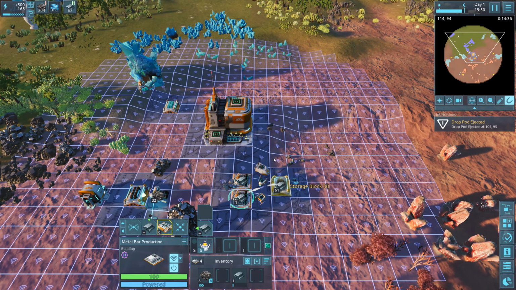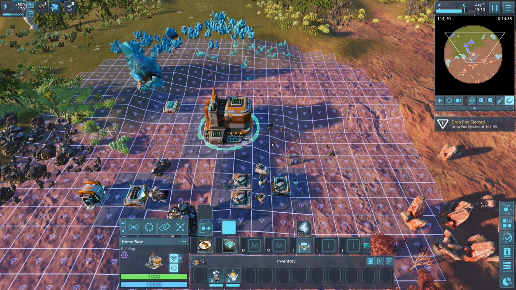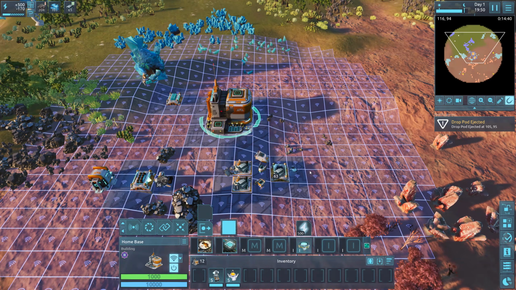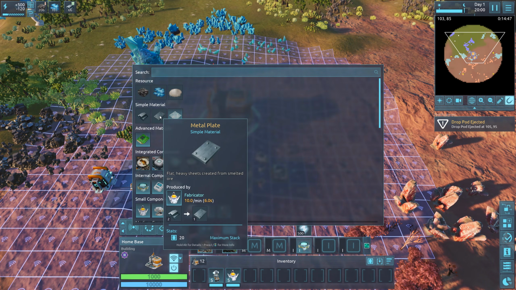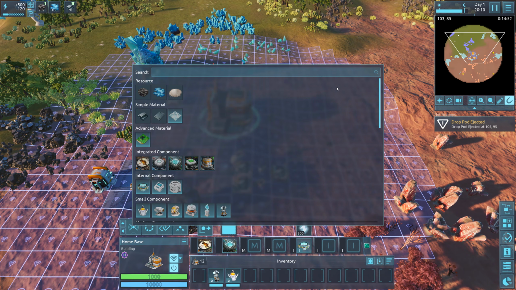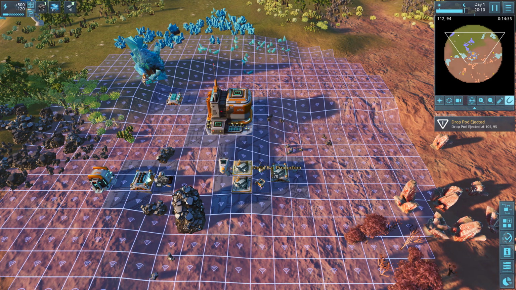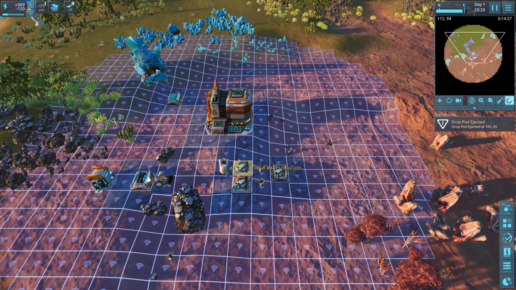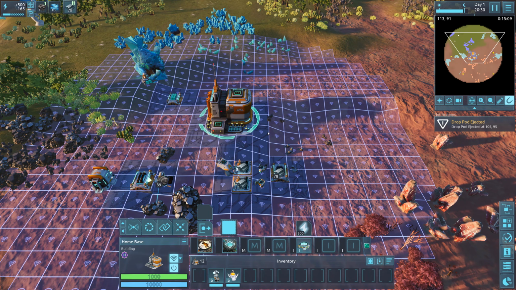Okay, now, the next thing that I want to do is start producing even more materials to really amp this up, right? And if I go over here, one of the things I need is metal plates, right? But what I'm doing is I'm tasking each one of these assemblers to produce a specific thing, and I want to continue doing that, right? I don't want to build out much further beyond this,